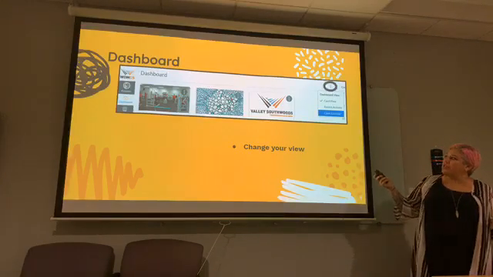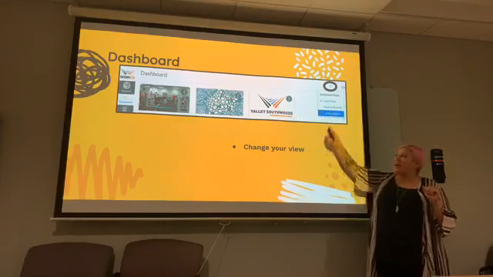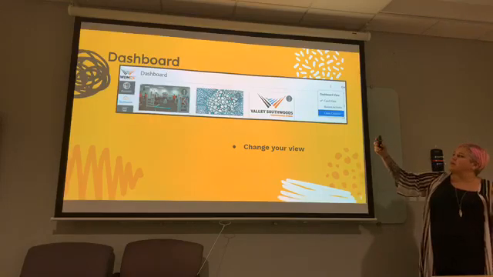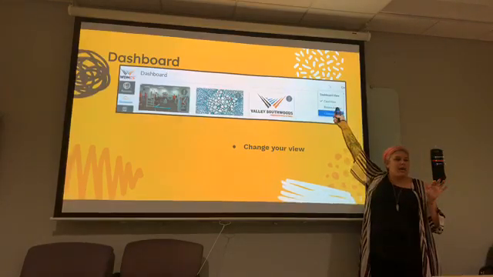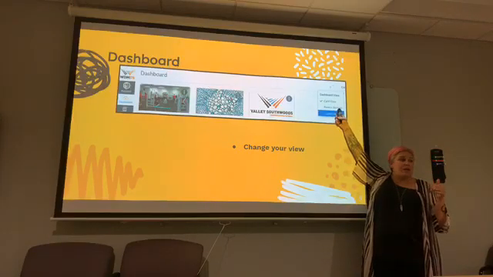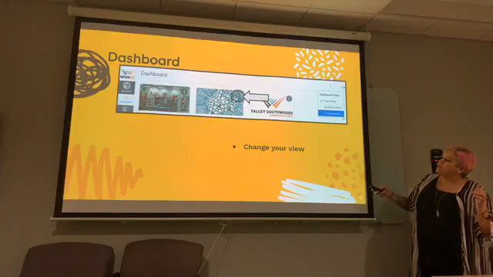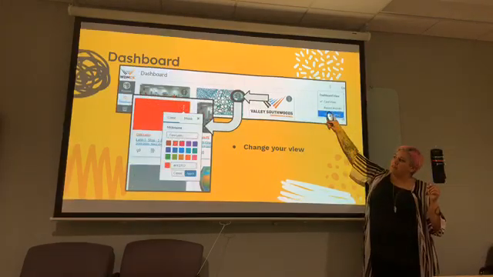If you want to change your view, if you'd rather not see the cards and you just want to see what's recently happening, you can click on those 3 dots. Those 3 dots always are a menu. So anytime you see 3 dots, that means a menu is going to open up in Canvas, and they'll give you options of things to do. So you can click on the 3 dots and you can see recent activity.